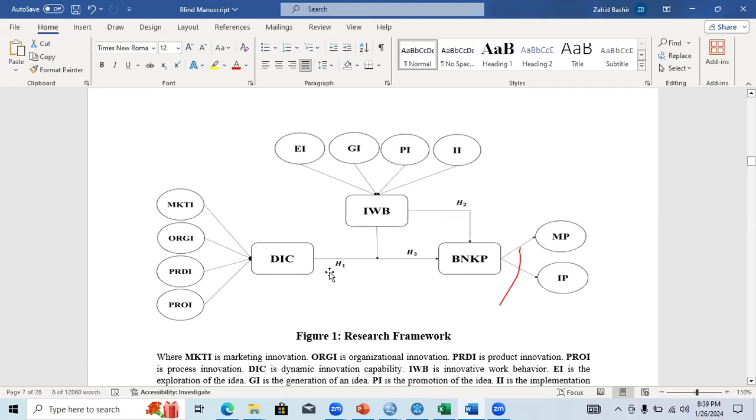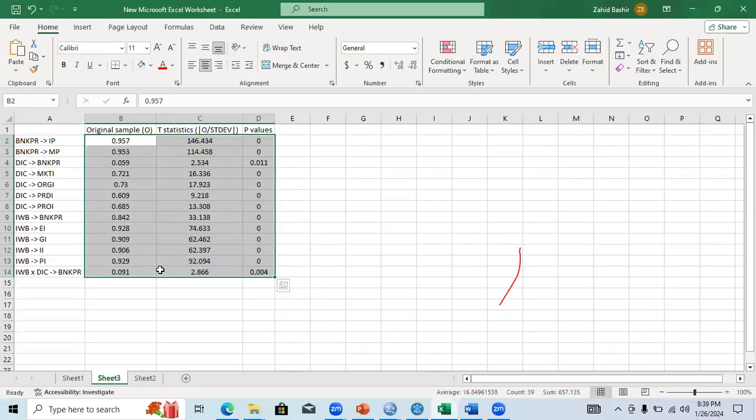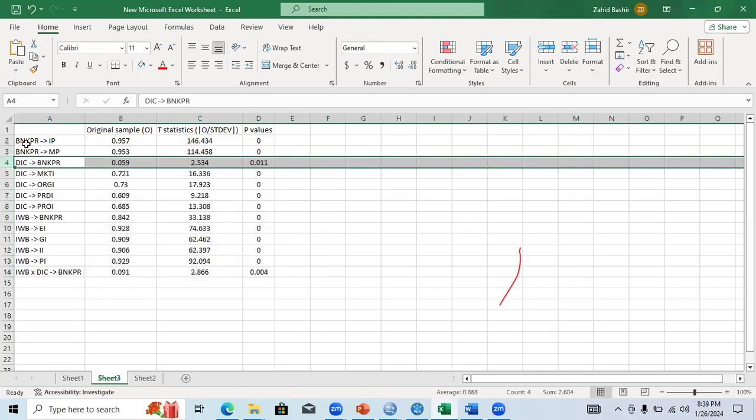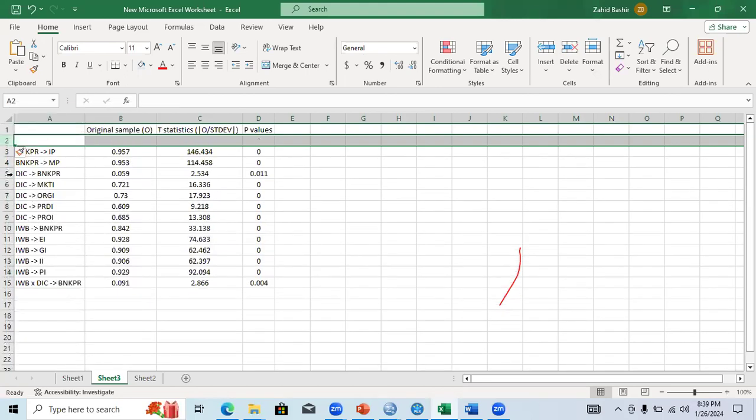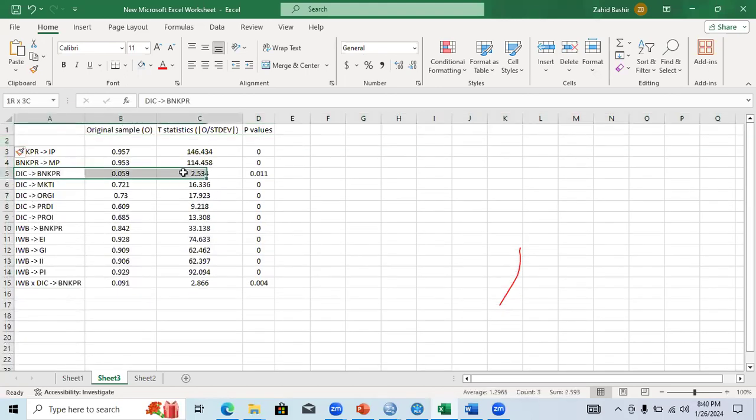So I need to arrange this table, DIC on bank performance. Can I say that my first hypothesis is accepted? Yes. There is a positive impact of dynamic innovation capability, which is statistically significant.